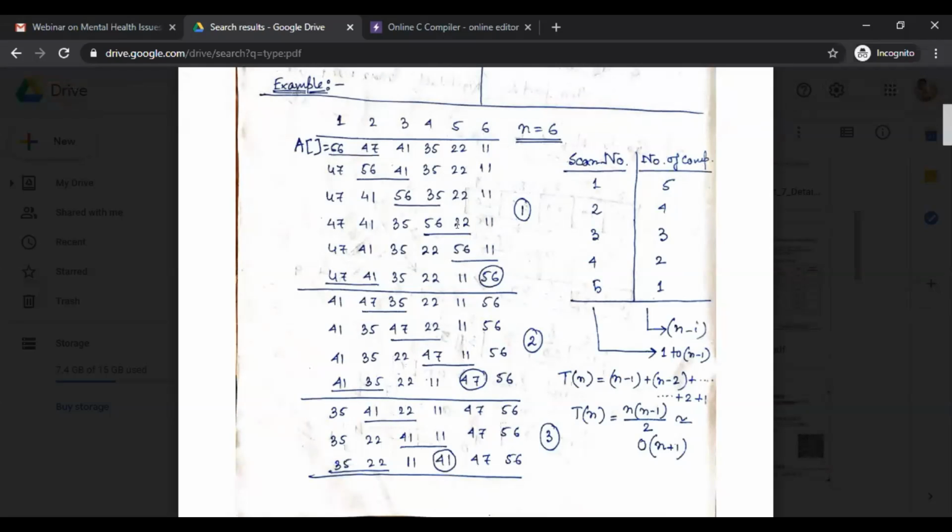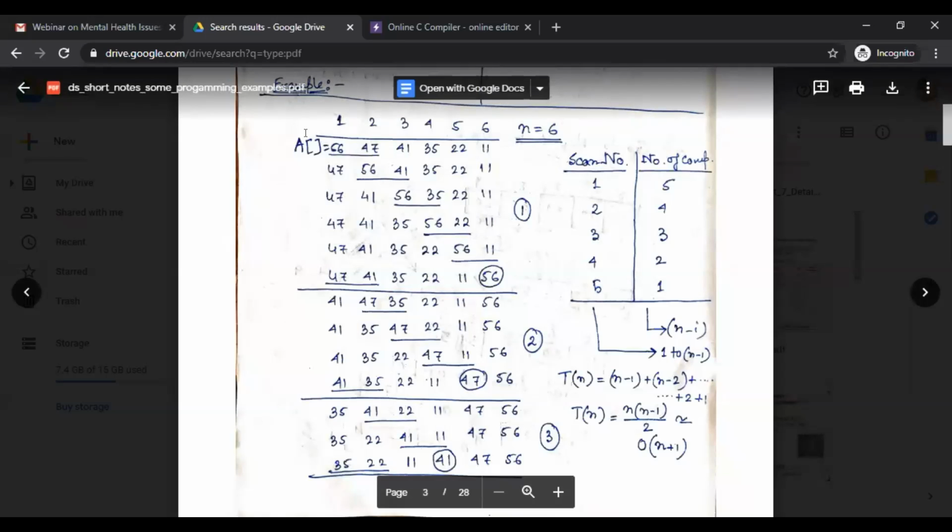Whatever sorting we have done in normal classes, actually this is bubble sort. So see the example. We are taking these 6 elements in an array. This is my array A, within square brackets.